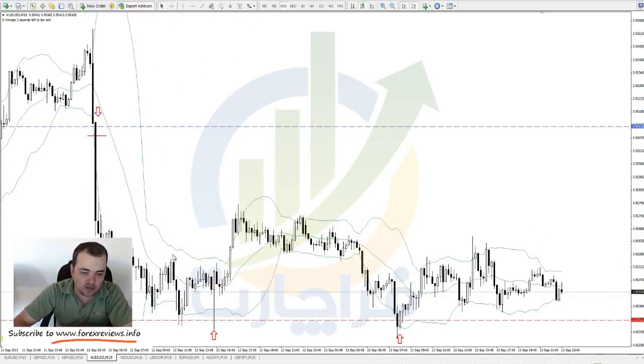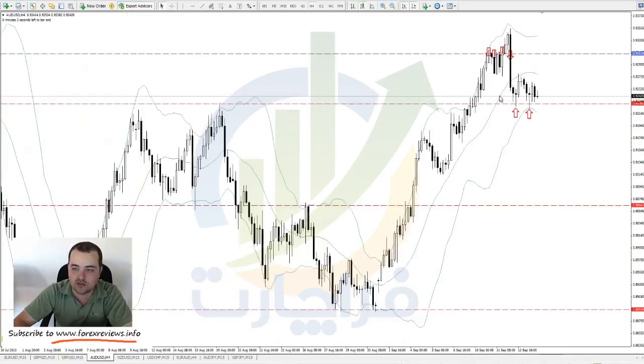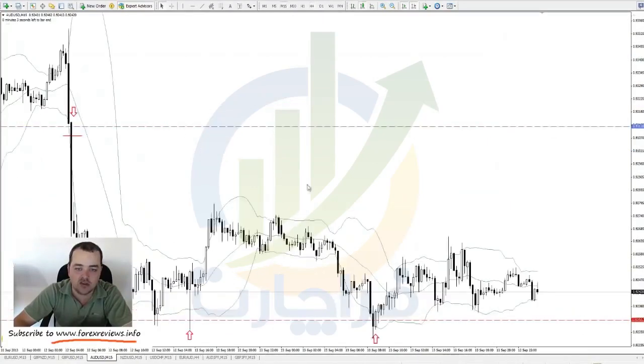Okay, so then I was watching this area. I was watching how it was bouncing here because I saw on the higher time frames that this was a previous resistance structure. So I knew we'd get some bounces here. So when I first saw this bounce here, I didn't take this trade. Remember, I'm looking for evidence. But the evidence was saying that it's going to bounce here. So I waited,